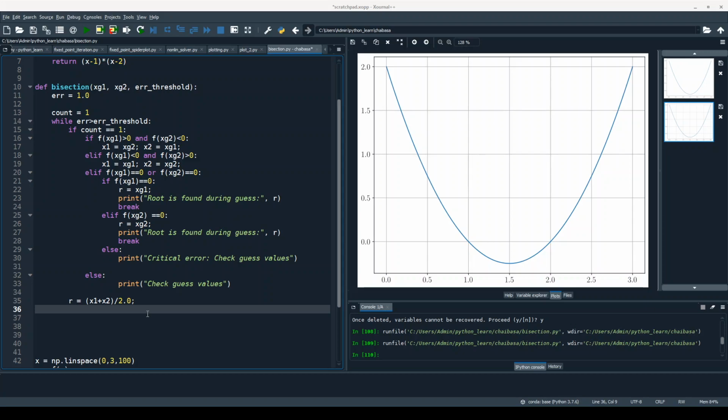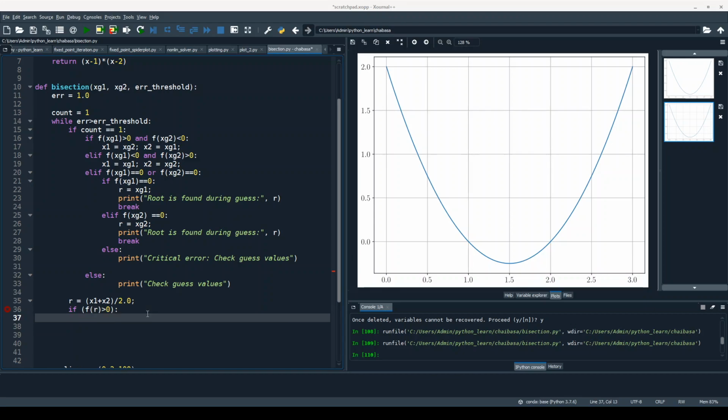So if f of r is greater than 0, then x2 gets updated to r. And if f of r is less than 0, then I must update x1.